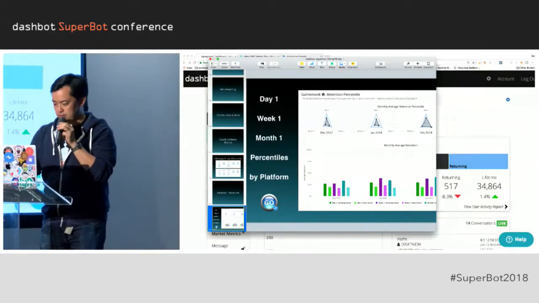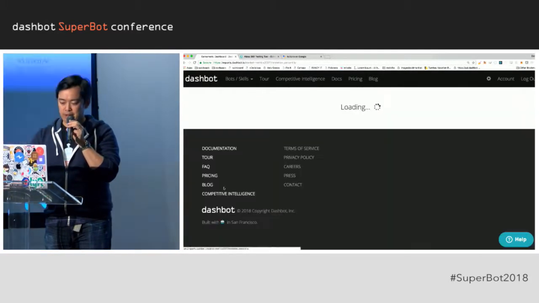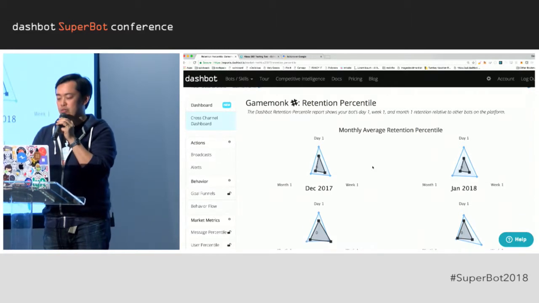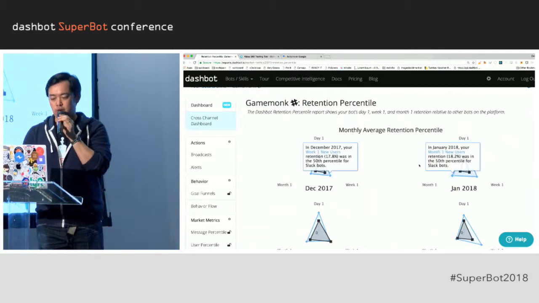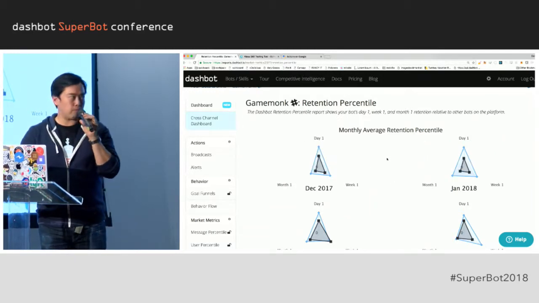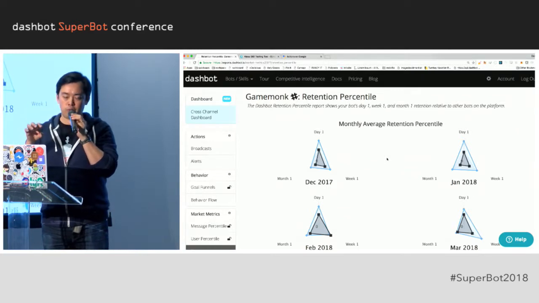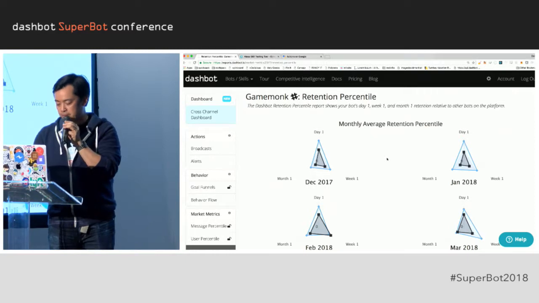And I'll give a quick dive into GameMonk's retention. I am proud to say that GameMonk is one of the most popular, and now we're seeing well-retained bots within the Slack ecosystem. So these radar plots are our way to show you how your day one, week one, and month one retention all compare.